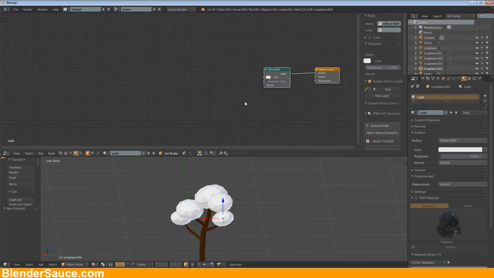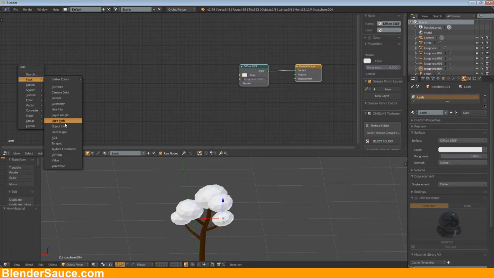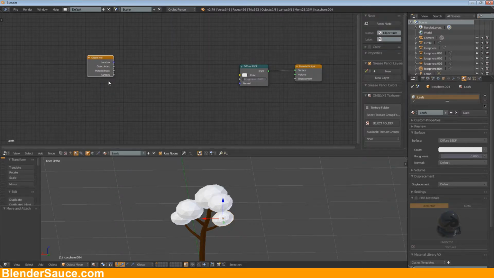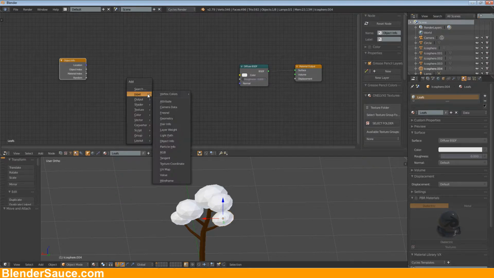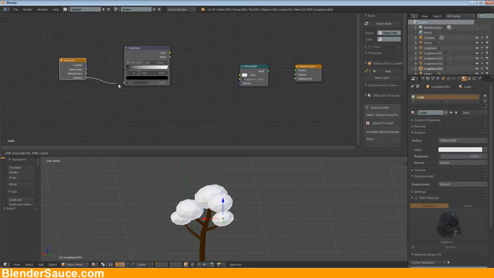So, and this is really easy to do. Just go in the node editor and add an input object info. We need this random slot here. This produces a number between 0 and 1, and now we need a converter color ramp, and let's connect the random with the vector of the color ramp, and let's